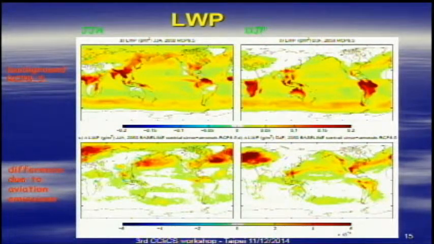The increase is where the background liquid water path is high, or there's flight over your head. For example, you know this is a flight corridor between North America and Asia. And this is the flight corridor between North America and Europe. You get this increasing liquid water path. And this enhancement is because there's a lot of emission in Central Europe. Again, here, the same thing in Central Europe, and this is the flight corridor between Asia and North America, because there's a lot of aviation emission.